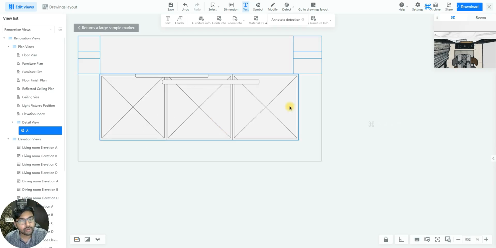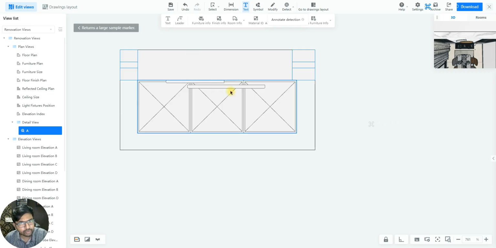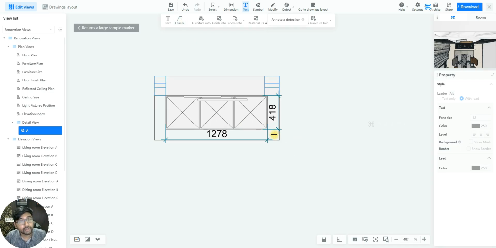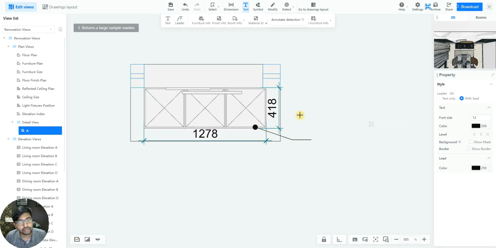And now here for this, if I want to add some dimensions specific to this cabinet, I can do that. Instead of just doing it in the overall floor plan where it might create confusion, the drawings might become mess, right? In those cases, you can just add a call out there, and here the detail view will be added for that specific call out tag. So in this, if I want to add a dimension, if I want to add a leader here mentioning the finish of the shutter,